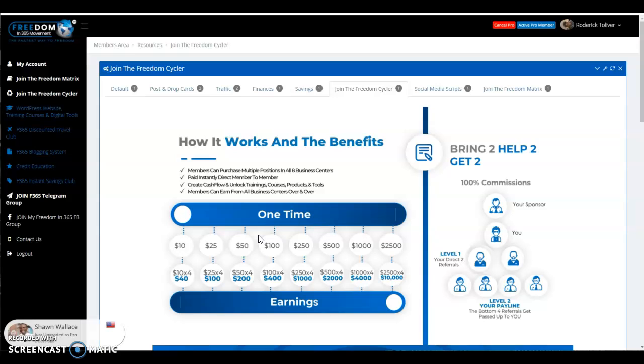Then you're going to share this with two people. And when they join the team, they will pay your sponsor $10. And now you'll have access to your pay line. And then the process starts. As those two people you help bring in their two, you will receive 10 times 4, or $40. What you want to do is take a portion of the $40, $25 of the $40, and